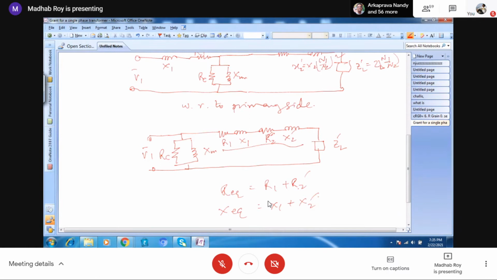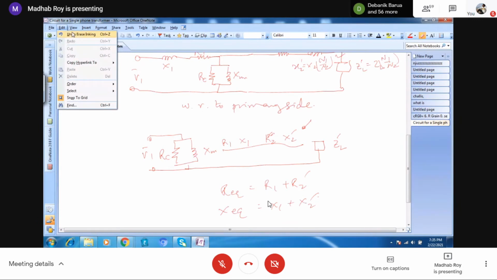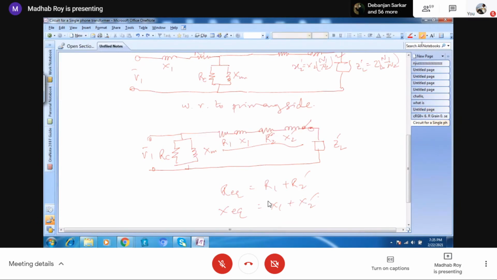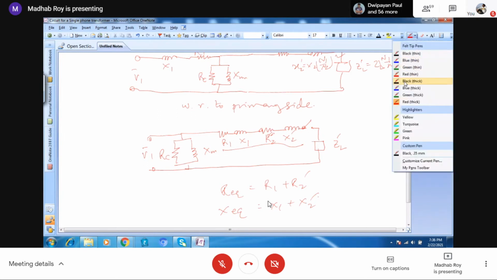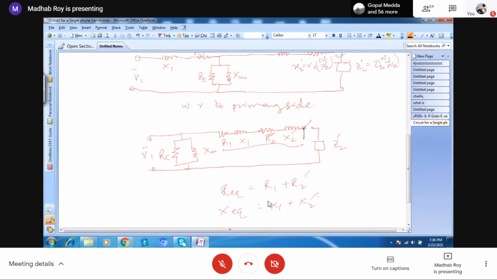Now one thing we can do is, instead of the load here, suppose there is a switch. So we can put the switch here. Undo. So now, instead of loading, if we make a short here,